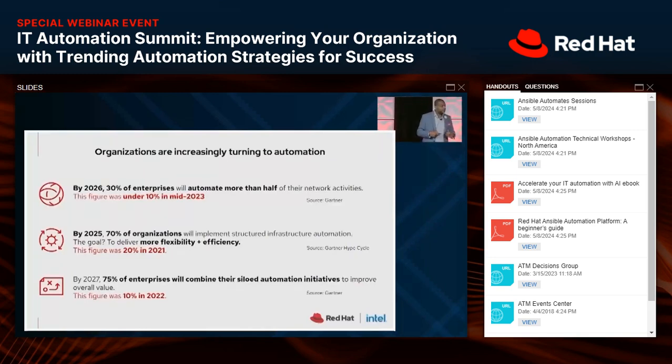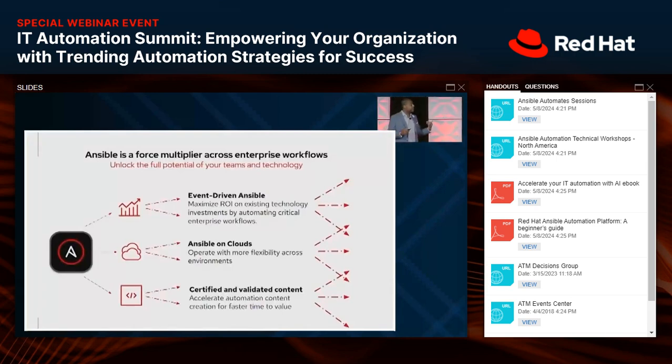Back in 2021, only 20% of organizations felt that was necessary. So you can see we are past the tipping point, as they would say, when it comes to automation and adoption. We're now at the point where we're trying to figure out how best to do it within our organizations.